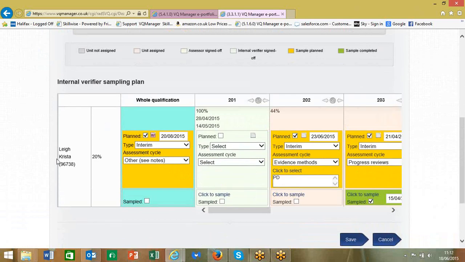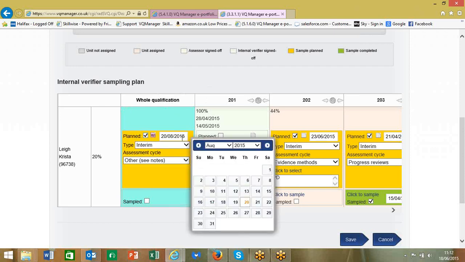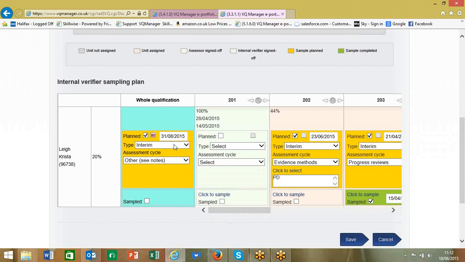Now, the sampling plan is only your intentions, and it's only a plan. If you know that you're going to sample on one particular day, but you don't know what unit you're actually going to sample, you can use the whole qualification column. It normally looks like this when you first come here, and then you would tick to say that you plan to sample that on a particular day, and in the date column you would write a date when you plan to sample the whole qualification. You can select a type, which is either an interim or a final sample, and then